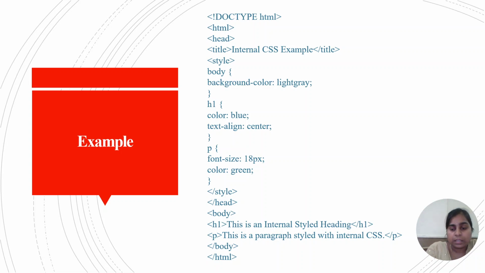So then here I am taking the style tag to put this code over there, and then here I am embedding the code in our body section. So here I am inheriting the body, H1 and P selectors from the head section to the body section. So here I am taking the H1 and P tags in the body section. So then I am applying the styles.